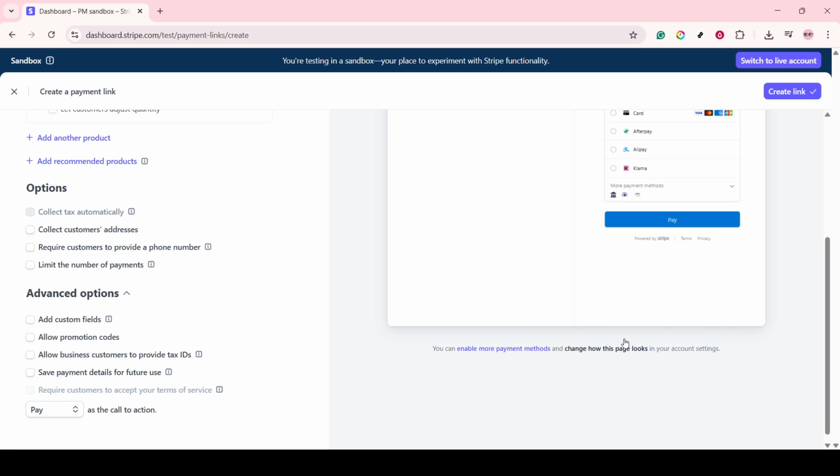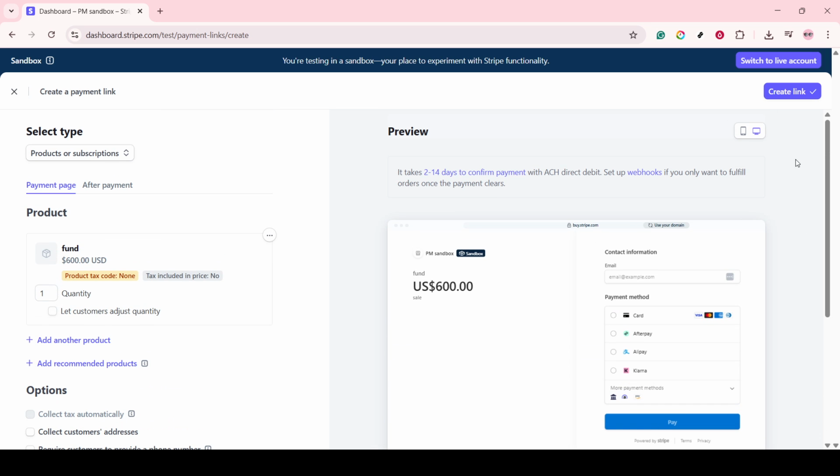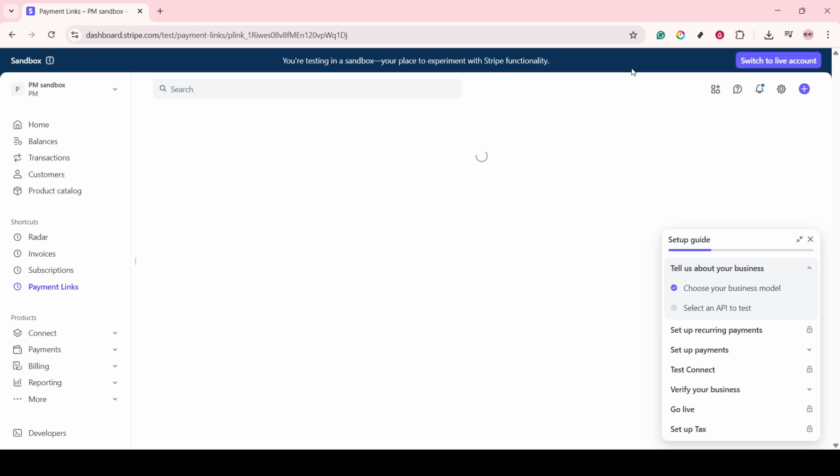However, if you're confident that everything is set up as you need it, you can move forward by clicking Create Link. This final step will generate a payment link that you can easily share with your customers, either through email, social media, or directly on your website. And just like that, with a simple set of straightforward steps, you'll have successfully created a mechanism for charging credit